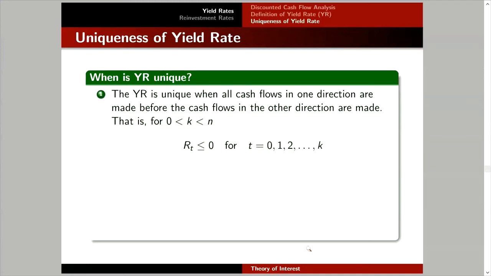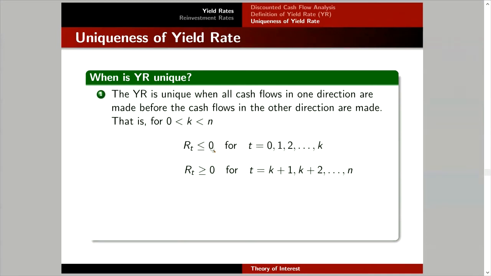And then, sabi ito, R sub t is less than or equal to 0 for t equal to 0 to k. So, ibig sabihin, negative ito in the viewpoint of the investor. Ibig sabihin, lumalabas ang pera kay investor. So, yun nga, naglalagay muna siya sa investment fund. Tapos,